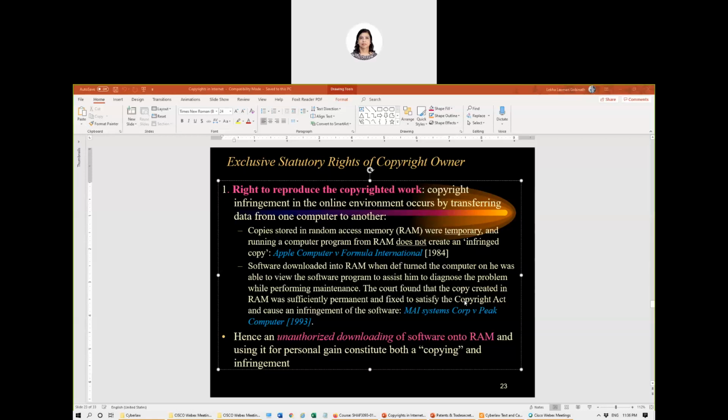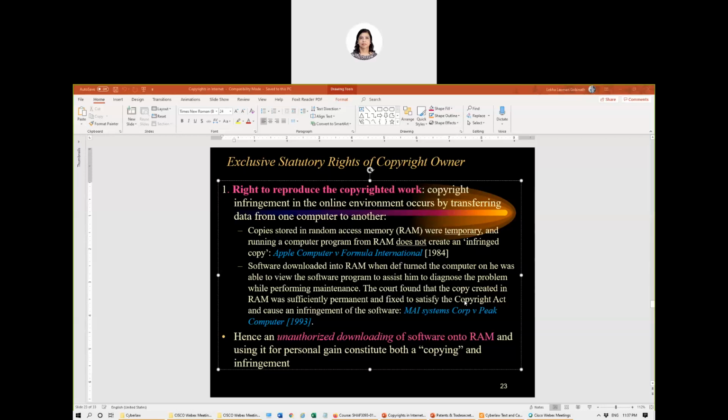Again, because it was stored in a temporary file. So you find that the copies stored in the RAM were on a temporary basis, so not permanent. Therefore the court said that the computer program that was running from the RAM did not create an infringing copy. In the case of MAI Systems Corporation versus Peak Computer, however, the court came up with a